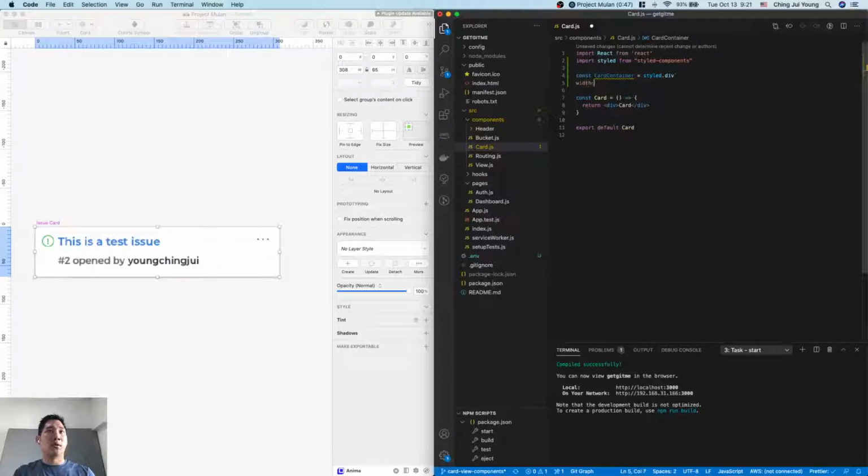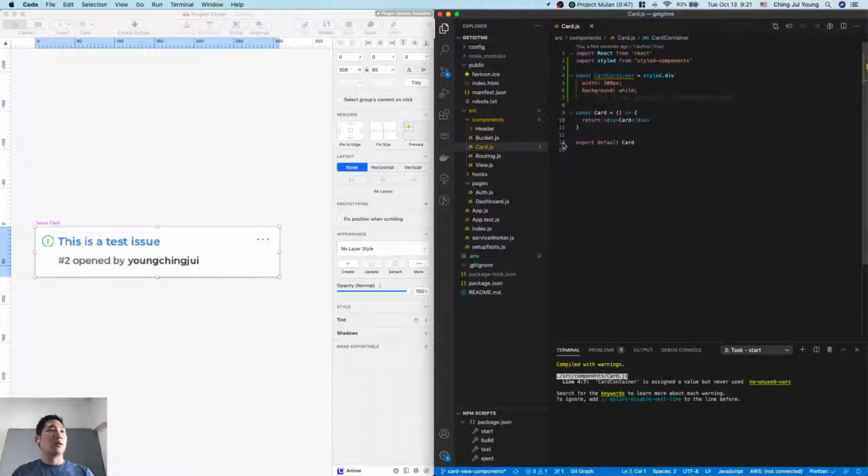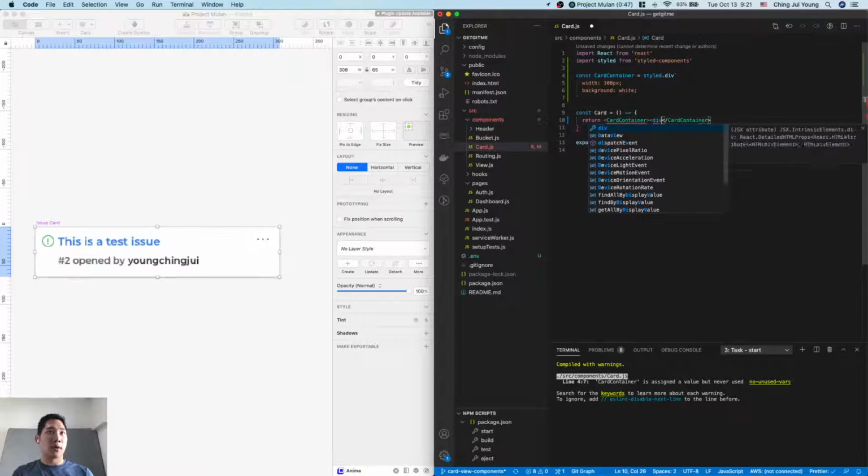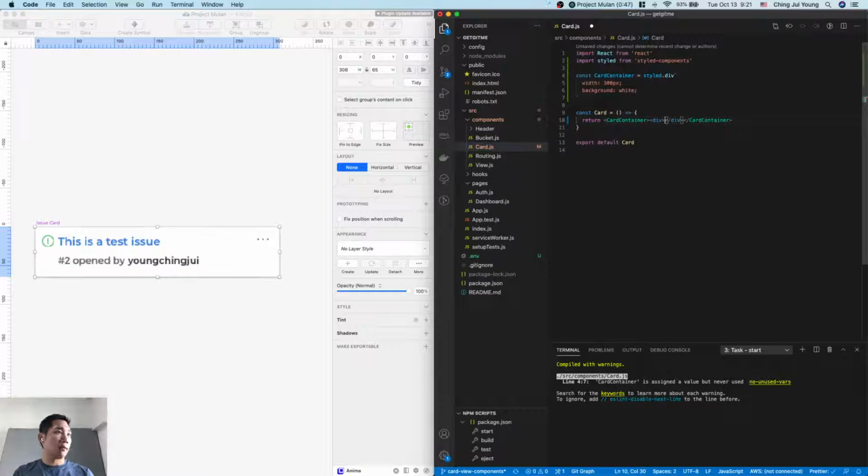Width is about 300 pixels, and background is white. And so let's use this here. And we're no longer going to have the word card. We're going to have a couple of other things, okay? We're going to have the status icon,